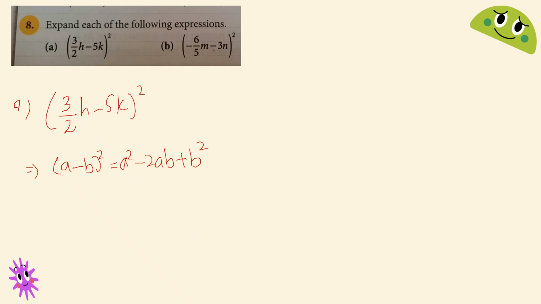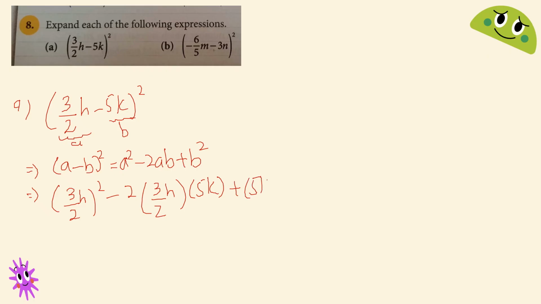Now a here is this one, that is 3/2h, and b is 5k, right? So I will be writing (3/2h) whole square, that is a square, minus 2a is 3/2h, and b is 5k, and plus b is (5k) whole square. Now it will be